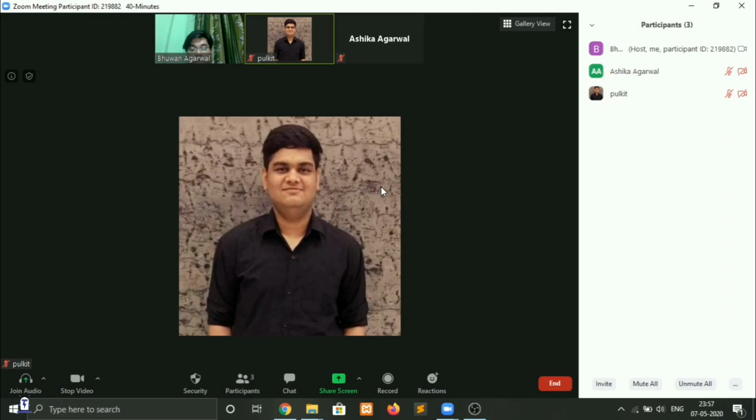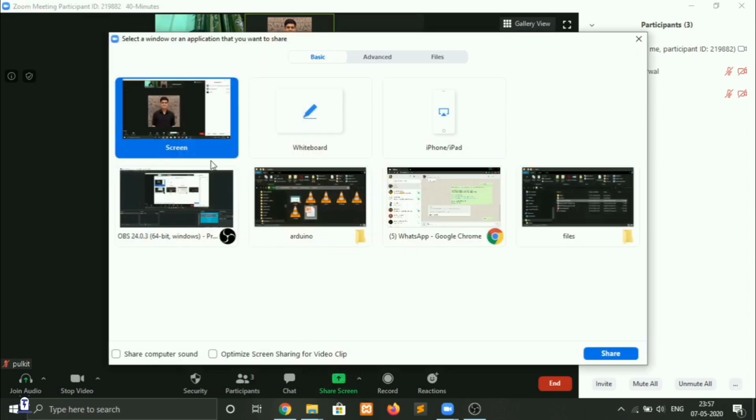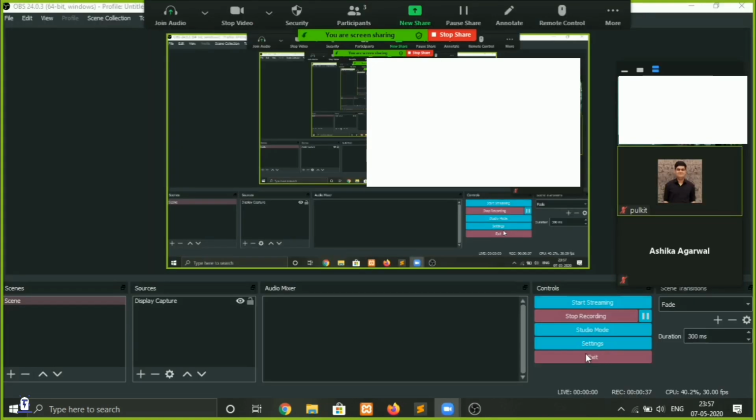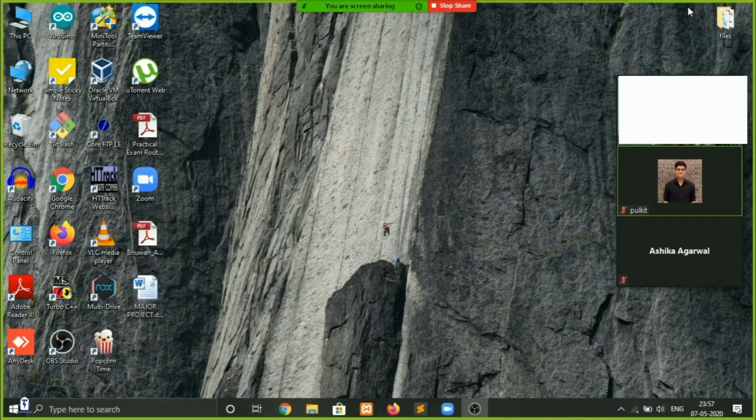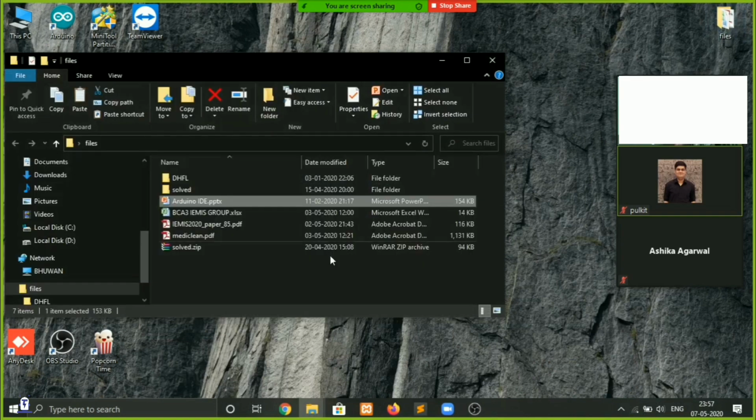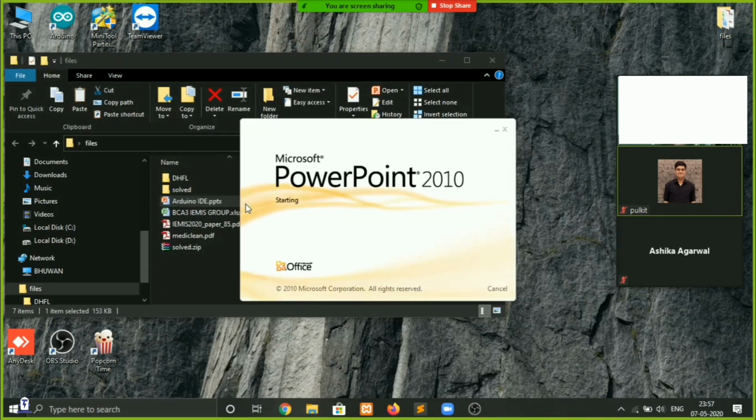One of the most important features of share screen is sharing the screen which is currently active on your PC. Okay, so we will click on share screen, and here you can see the option of screen, and we will simply click on share, which means whatever is showing on your screen is being shown to the participants also. In this way you can share a PPT. You can just open a PPT on your PC, and that can be seen by all the participants in the meeting.